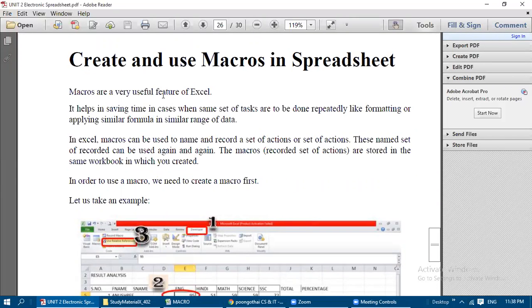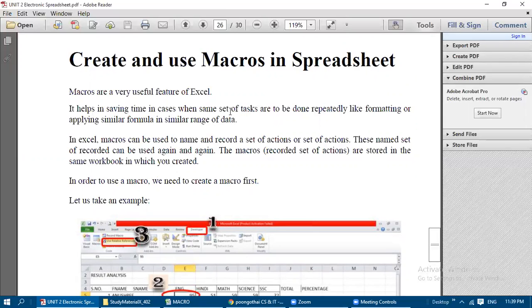It is a very, very helpful feature in Excel. It is mainly used for saving time in cases when the same set of tasks is repeated in multiple places in the same workbook. We need not spend time typing the formula or some kind of formatting options again.